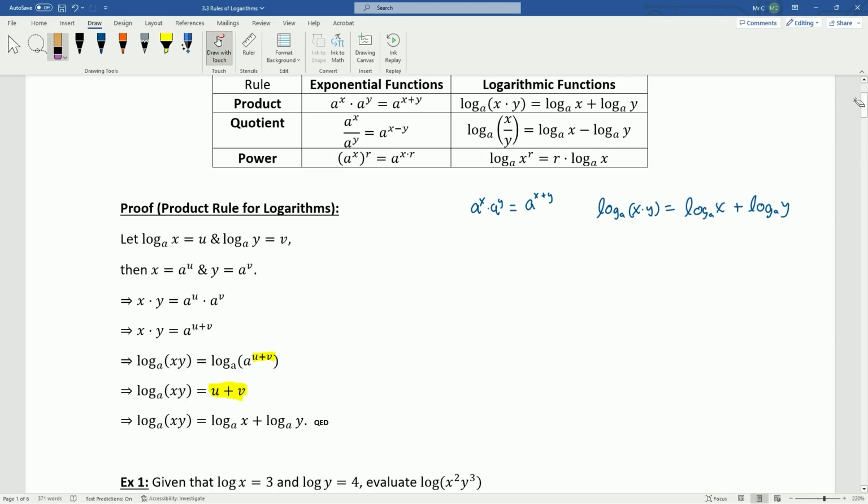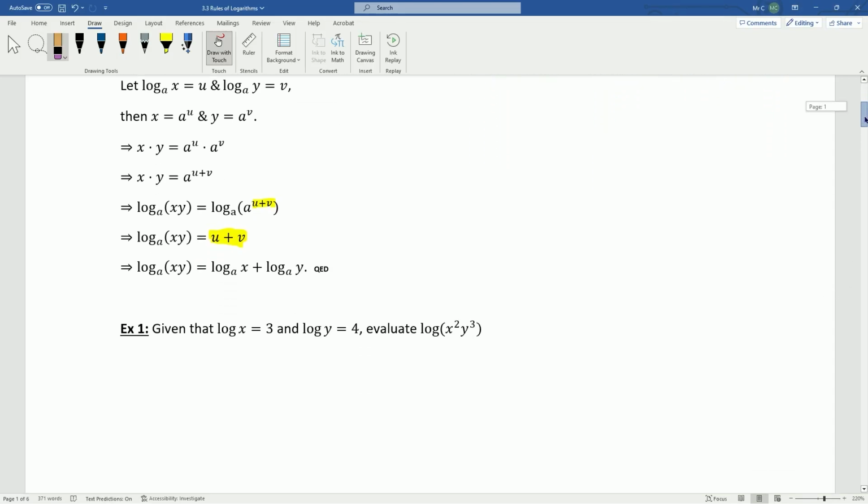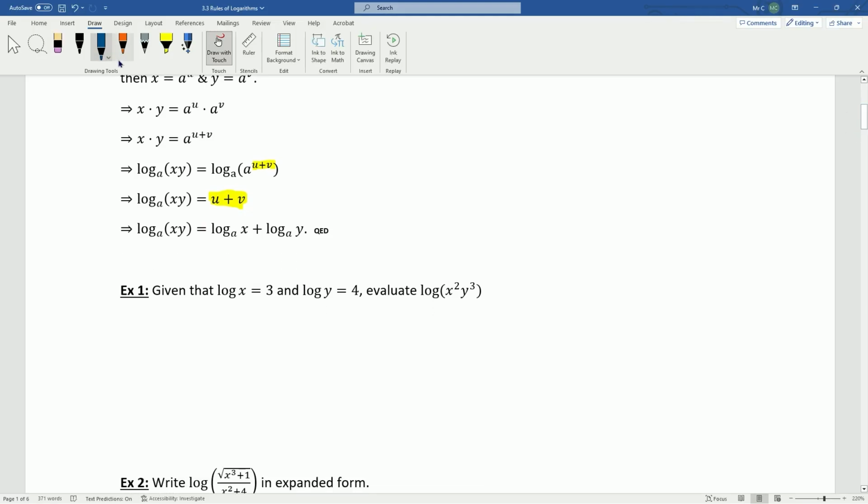Okay, so with that, let's go ahead and start applying some of these rules. Example 1: given that log of x equals 3 and log of y equals 4, evaluate log of x squared y cubed. So I need to somehow get log of x and log of y isolated here, and I'm going to do that by applying